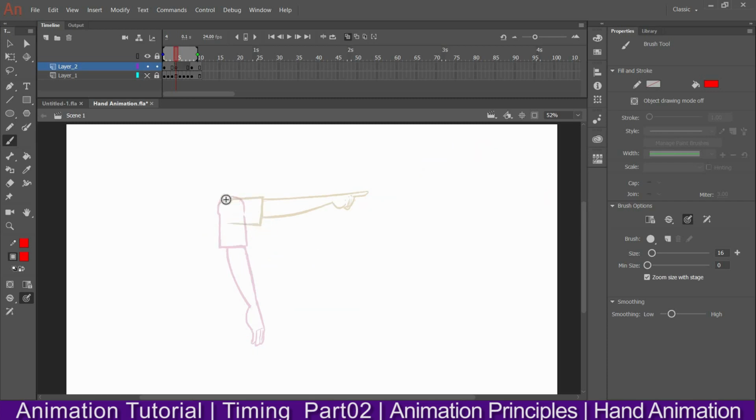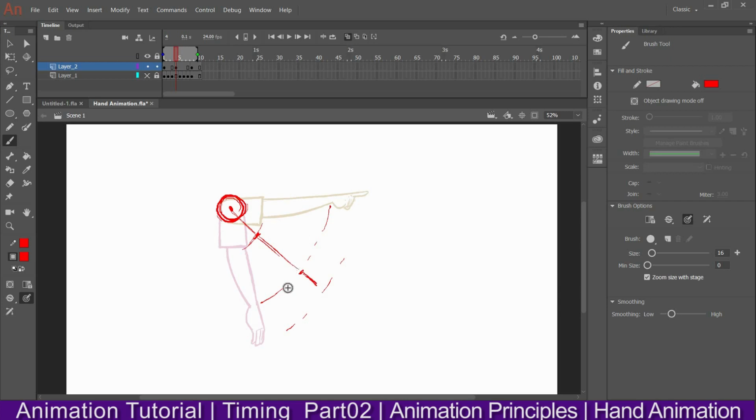Okay, so first thing, you need to see the center point from where it will rotate, maybe here. Then you need to find out the middle point roughly. How to find out? Again, you have to do the arc roughly. Suppose here.